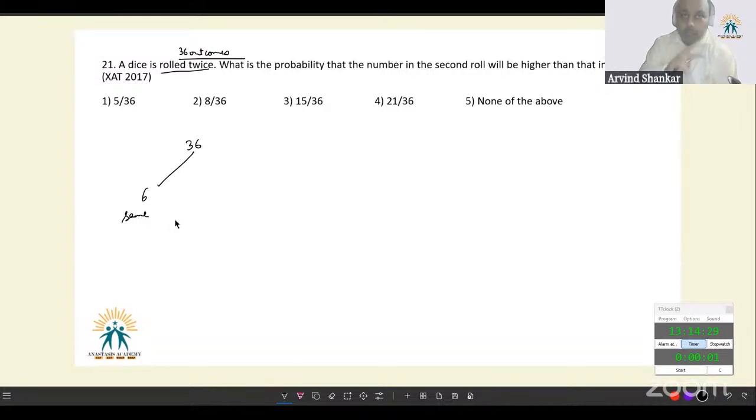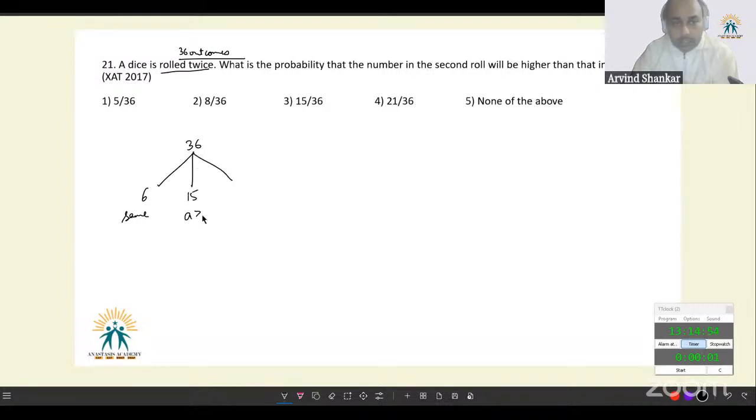1 1, 2 2, 3 3, 4 4, 5 5, 6 6. 6 outcomes में दोनों डाइस पे सेम नंबर आएगा. अच्छा, now the remaining cases, both the numbers are distinct. Now, which number is more likely to be larger? Neither. Both numbers are equally likely to be larger. So, out of the remaining 30 cases,